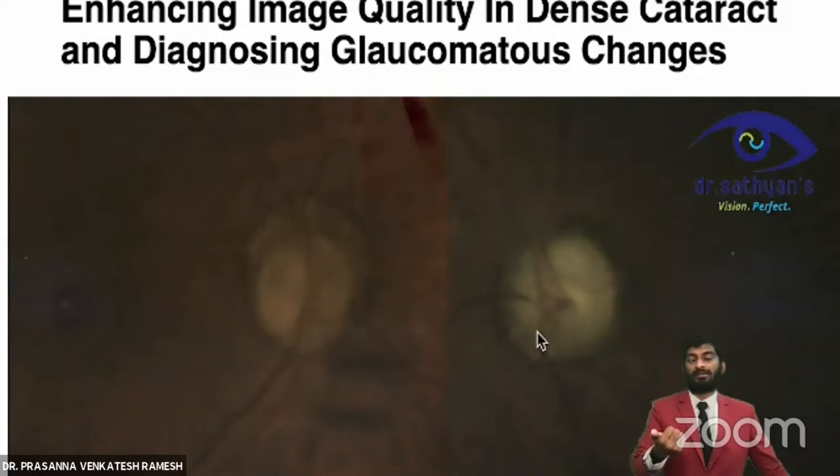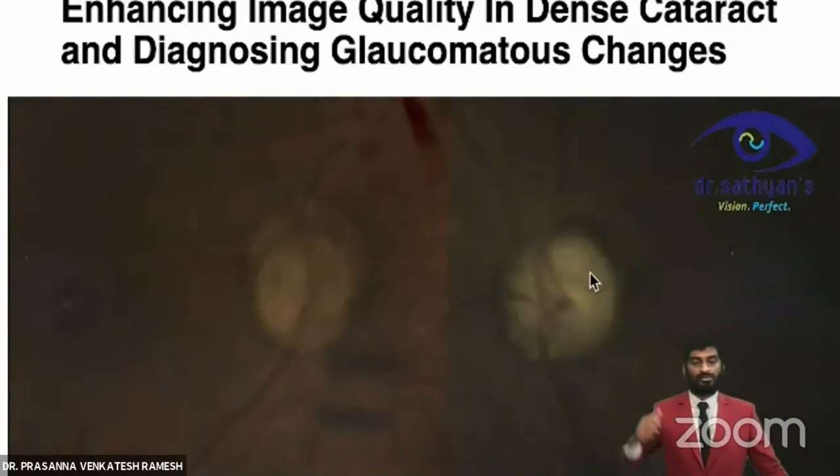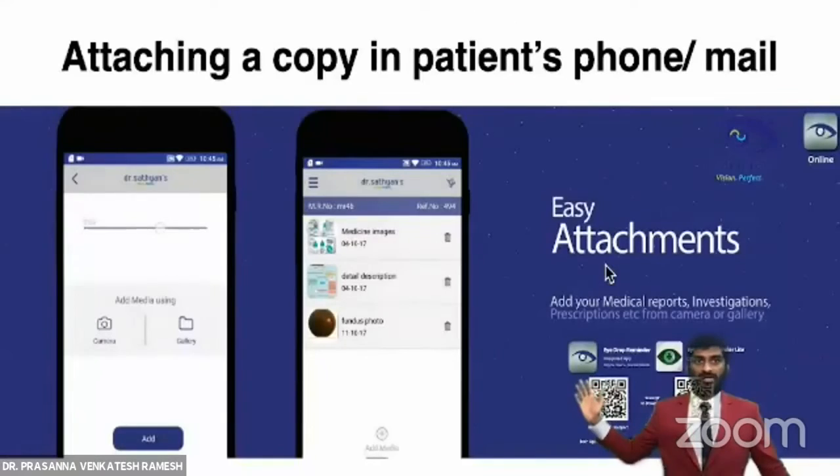In the left eye, if you see, the patient has a laminar dot sign that is picked up, and there is also an elongated vertical cupping, which is glaucomatous in nature. So the patient can be clearly counseled on what to expect after cataract surgery, and there is no surprise for the surgeon who is going to perform it. So it is as good as confocal imaging.